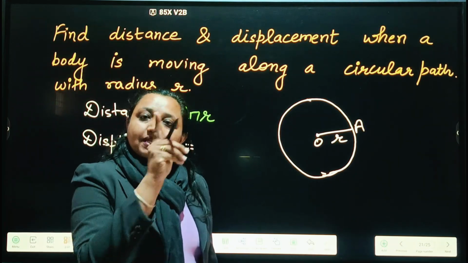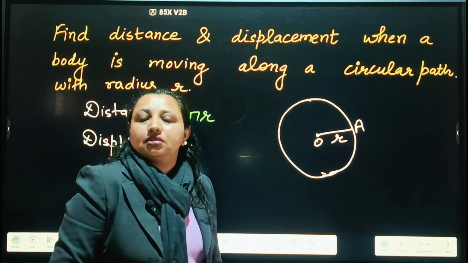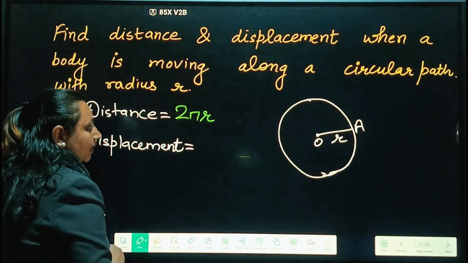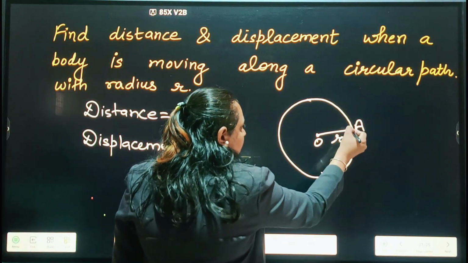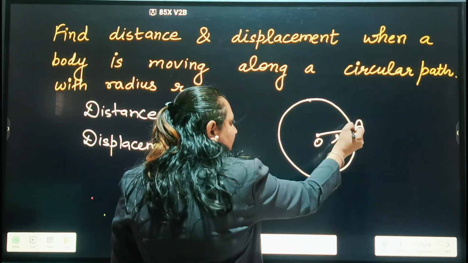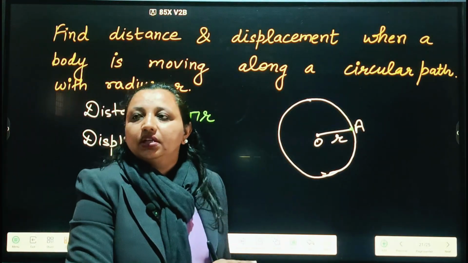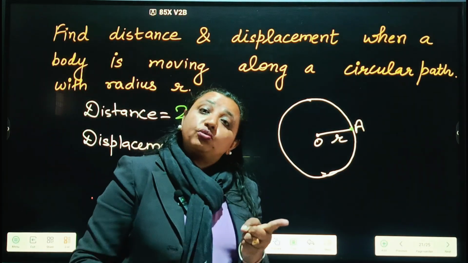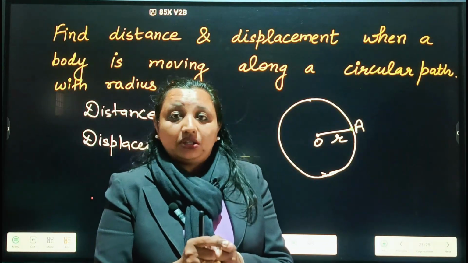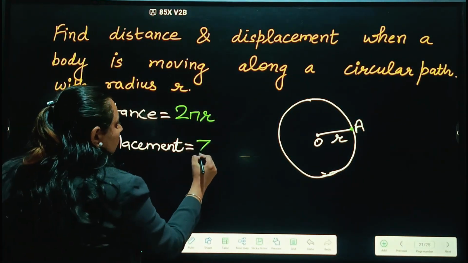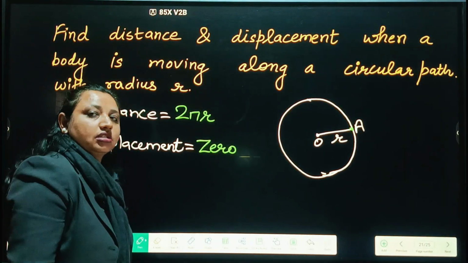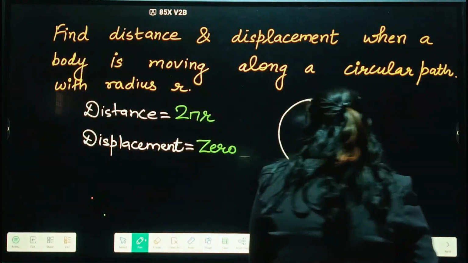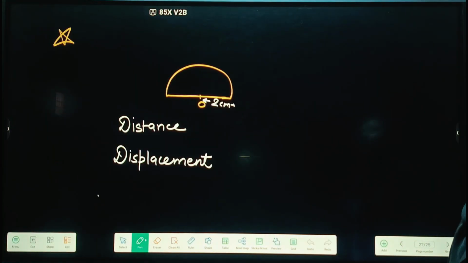ठीक है? तो अगर कोई ऑब्जेक्ट सर्कुलर पाथ फॉलो कर रहा है तो उसका डिस्टेंस हाउ वी कैन फाइंड? थ्रू द सर्कमफ्रेंस ऑफ द सर्कल विद 2 pi r. एंड द डिस्प्लेसमेंट, इट स्टार्ट्स इट्स मोशन फ्रॉम ए और वापस घूम फिर के ए में वापस आ जाता है. व्हाट वी हैव डिस्कस्ड इन द प्रीवियस स्लाइड कि व्हेन द ऑब्जेक्ट रिटर्न बैक टू इट्स इनिशियल पॉइंट या इनिशियल पोजीशन, देन इन दैट केस इट्स डिस्प्लेसमेंट इज इक्वल्स टू 0. ठीक है, उसकी डिस्प्लेसमेंट कितनी हो जाएगी? 0 हो जाएगी इन दैट केस, बट द डिस्टेंस इज 2 pi r.